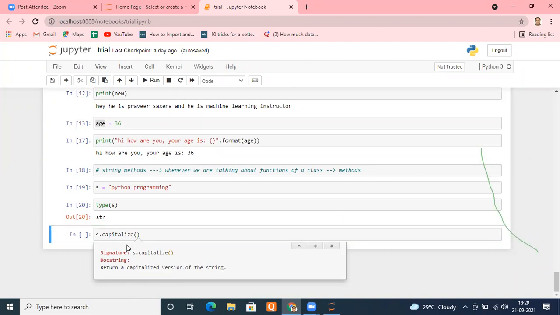What do you mean by capitalized? Whatever string you have put in here, whatever string,